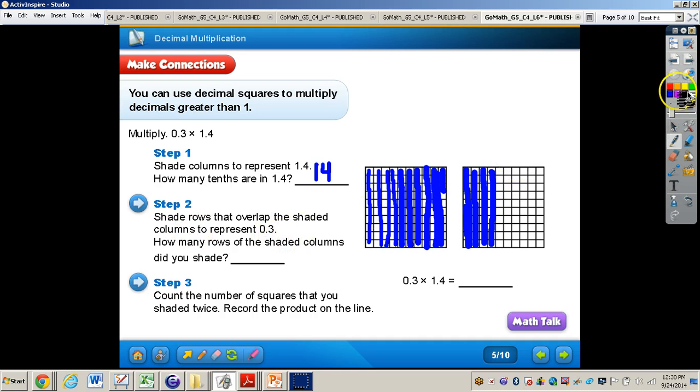Now we need to take these sections and just draw lines going all the way across this here. And I want you to draw them going all the way across this section, going all the way down. Okay, now that we have our lines drawn here, we're going to take 3 of these sections and shade them in. Why 3? Because it's multiplied by 3/10. So let's take one section, it's a little smaller here, 2 sections,